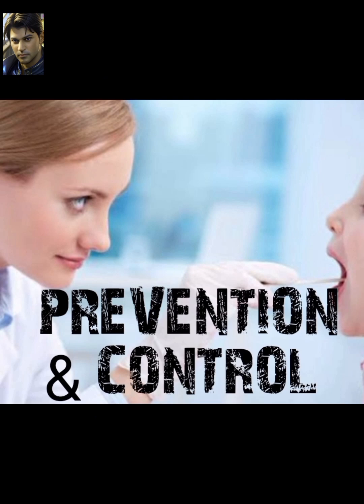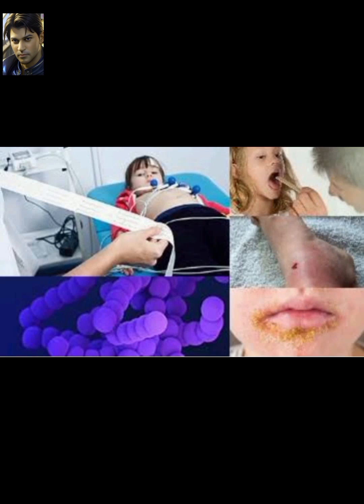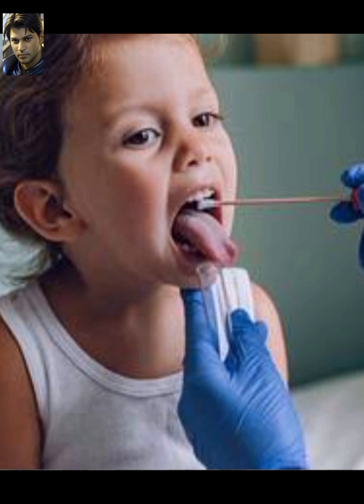Now we come towards the prevention and control of this streptococcal infection. Prophylactic penicillin is indicated only for patients with specific predisposing factors like SCD, post-splenectomy, nephrotic syndrome, HIV, and congenital immune defects. Prophylactic penicillin is also used in patients with rheumatic heart valves. No specific immunization with toxoid or vaccine is present. Anti-streptococcal chemoprophylaxis is